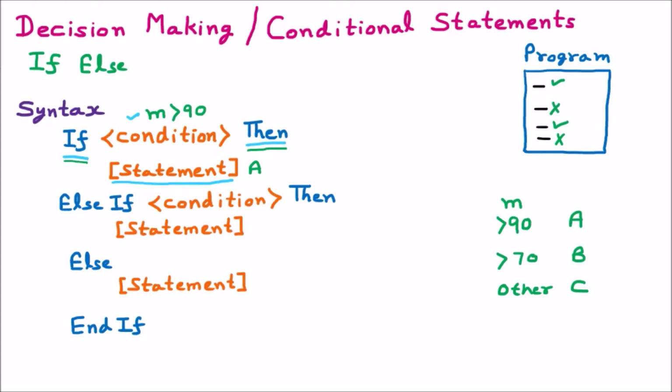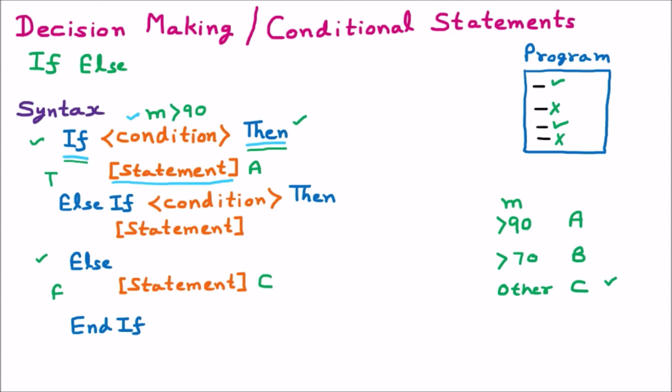So we have the if statement, then, and afterward we have the else part. You should understand that whenever the condition is true, this part will run, this is the true part, and after the else we have the false part. It means if the condition is not true, in that case the false part will run. Let's say in that case we have the other as C. So if none of the cases is working, then this will be C. So here in the statement we are writing C.